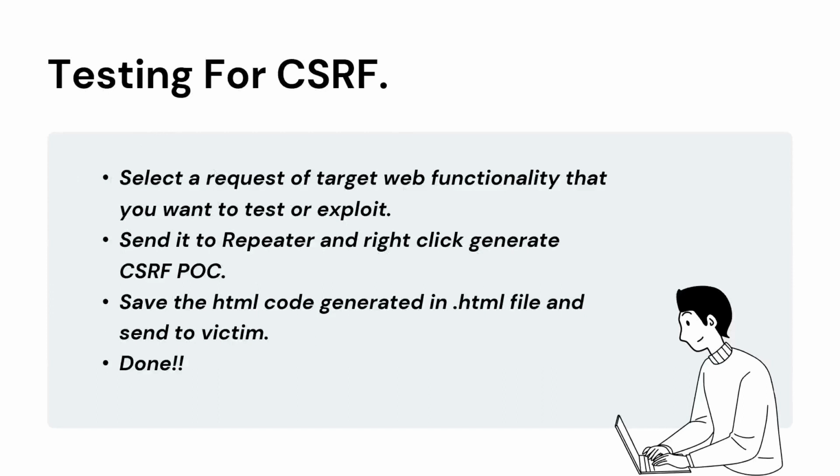Coming back, our second step will be to send the request to the Repeater and start testing for CSRF. Here you will try all the bypasses and generate a CSRF POC code using Burp. If you have Burp Pro, then it will be easy. Just right click, engagement tools, and generate CSRF POC. But if you are a poor man like me, then you will have to use an extension which is available on GitHub for the Burp Community version. Let me show you that.